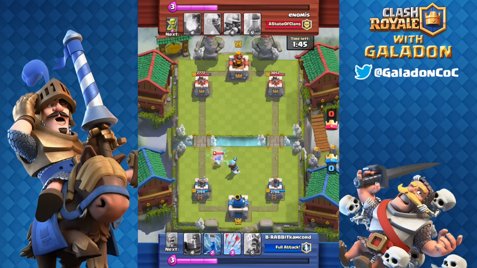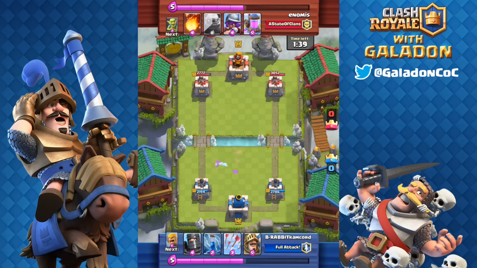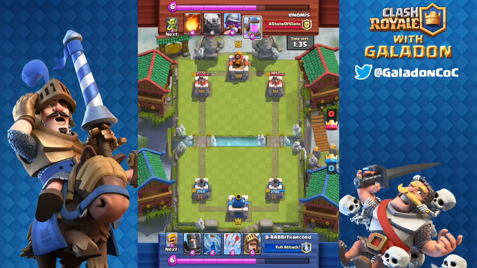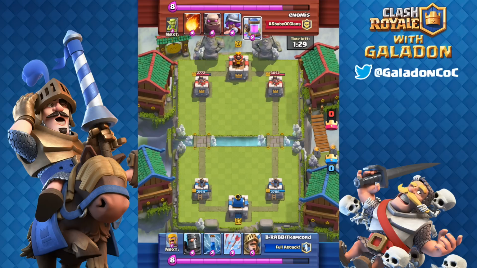The only damage coming from the Princess, and she gets one-shotted by the Mini P.E.K.K.A. But this is exactly what I am talking about, diversity. It is good to see a lot of different decks rather than just one meta deck dominating everything. So you've got a variety here in this episode, but I'm also seeing more and more of a variety. If you take a look at TV Royale, you can see a lot of different decks are being used, and